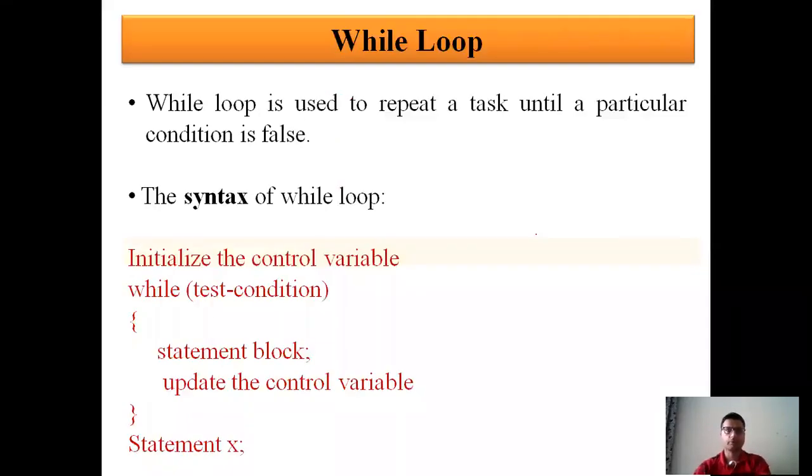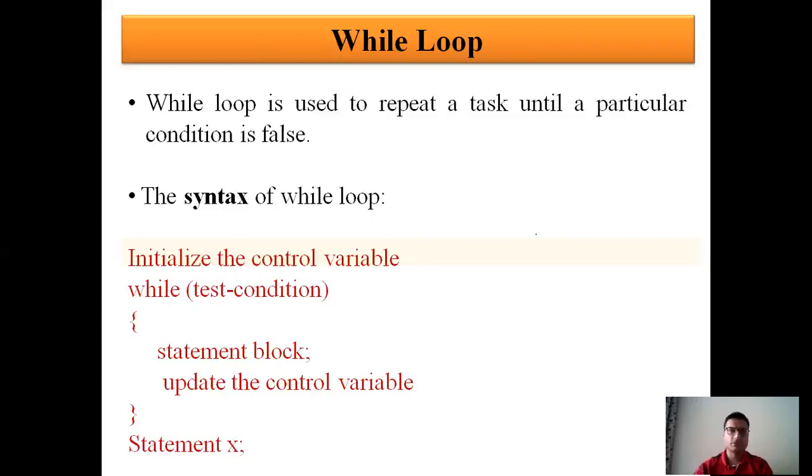What is while loop? As I have already told you, it is an entry control loop. And what is entry control loop? Where the test condition is tested before the execution of the looping statements, right? And if the condition is tested after the execution of looping statement, then we call it exit control loop. So we had two examples of entry control loop. One is for loop that we have already seen, and today we are starting with while loop, right?